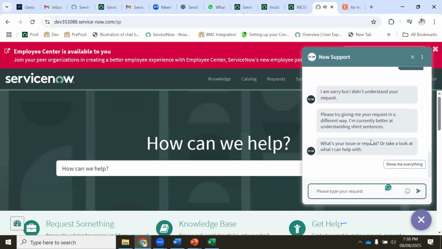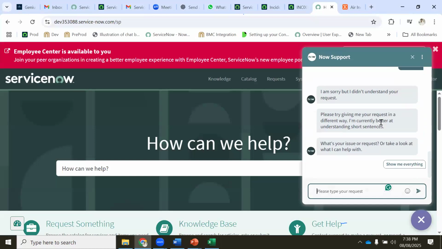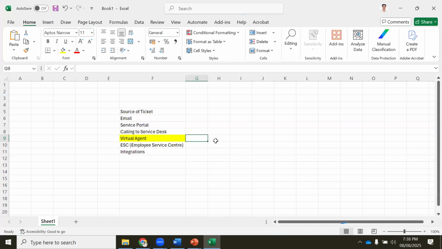But it says I didn't understand because it is not trained. If you configure that NLP, it will automatically show which categories I have to use and submit the ticket. I will train it today and tomorrow, and I will showcase how it works. So through the virtual agent, I can create a ticket.